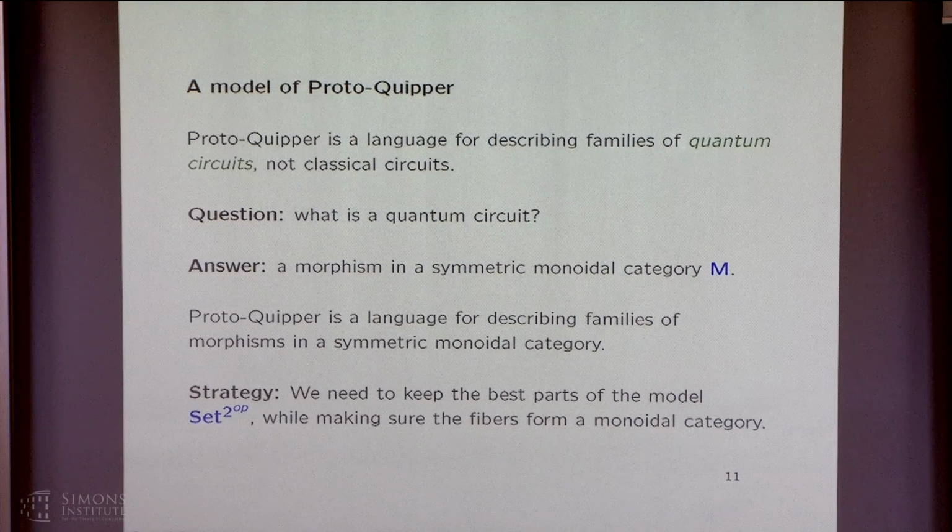Whatever you want the gate set to be, that's your monoidal category. So Protopaper, the generalized view is that Protopaper is a language for describing families of morphisms in a symmetric monoidal category. We no longer even have to talk about quantum, which is nice, I think. Most people don't like quantum mechanics for some reason. They like to think about it, but yeah. Anyway,